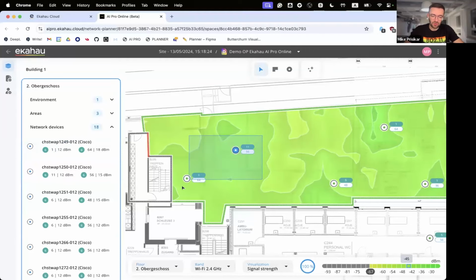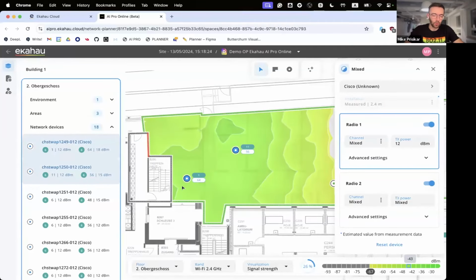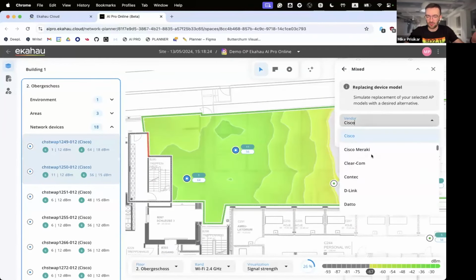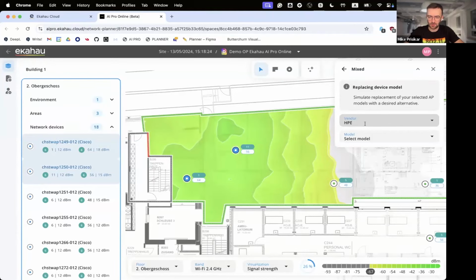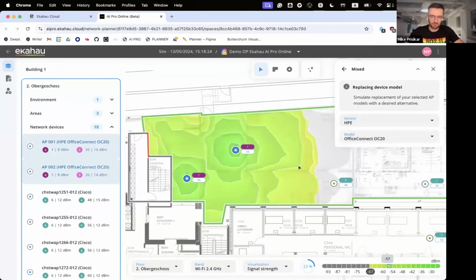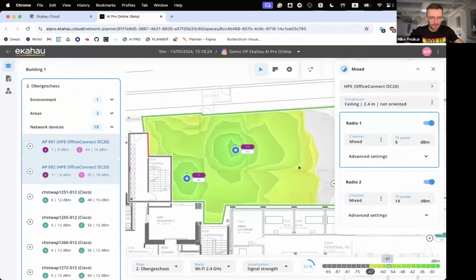Or if you just want to switch those old school APs, or maybe they're colored with the wrong color, they're white and you would like to go with something black. That's up to you, right? Just go and switch to something fancy. I don't know, like Cisco. What do you guys prefer? Let's go with the HP. Okay, this one probably will work. Yeah, and it's as simple as that.